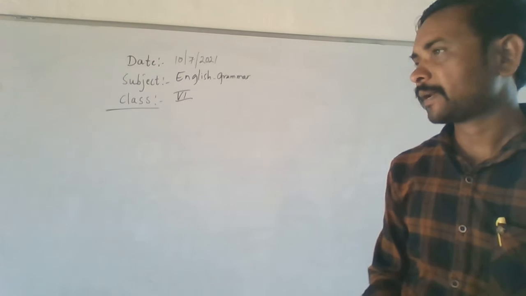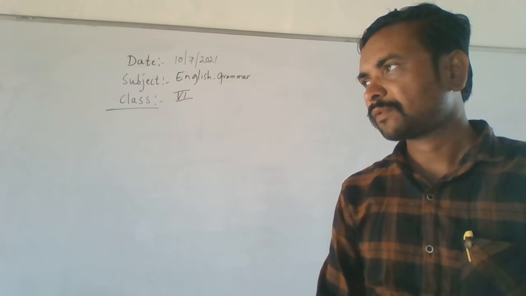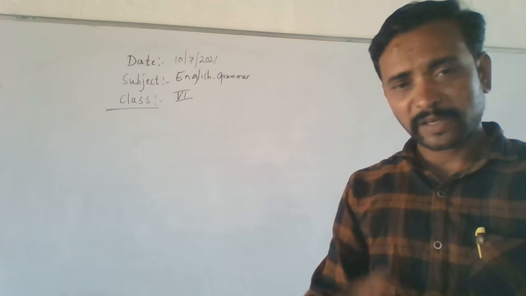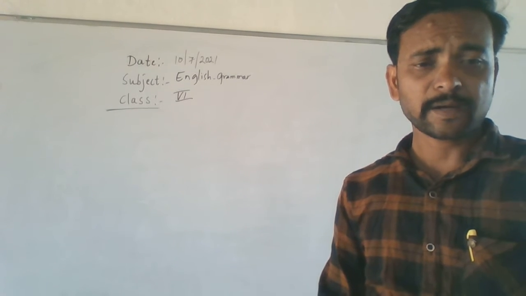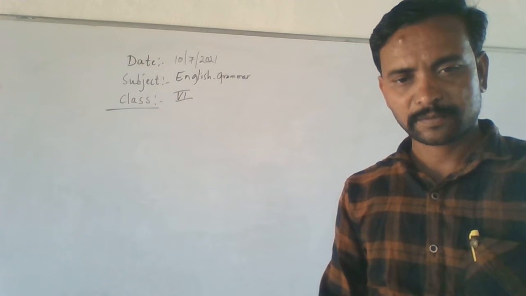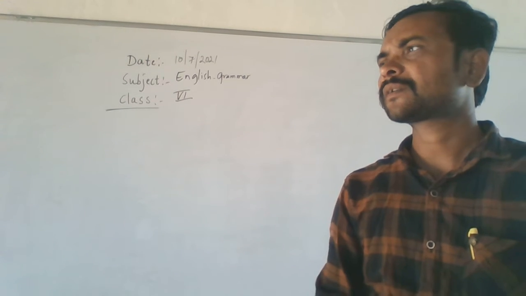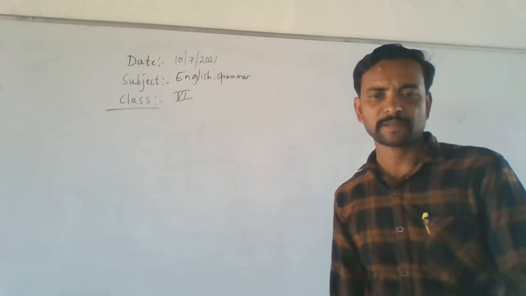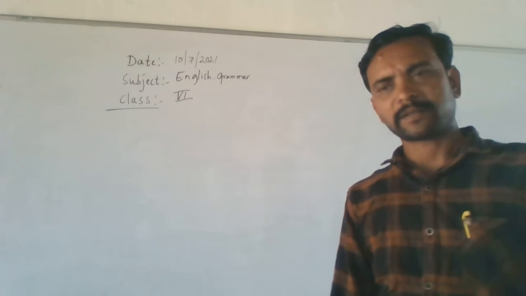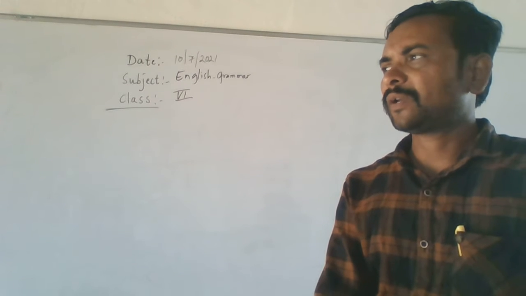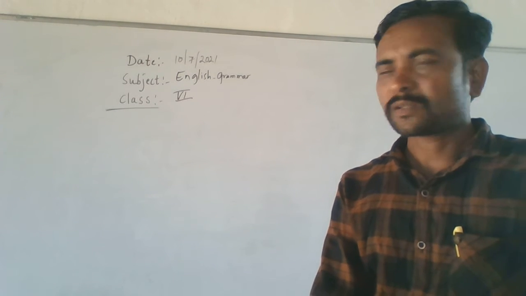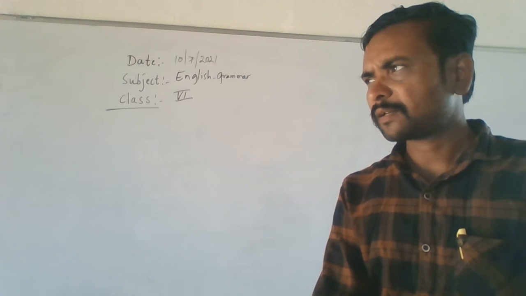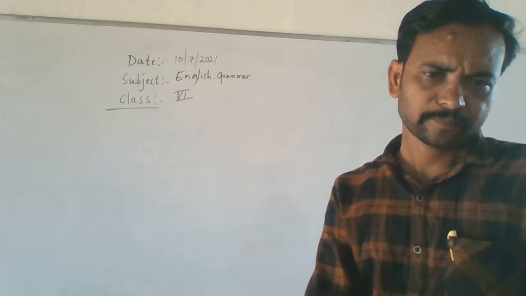Yes, in this class I am going to tell you basic English grammar. So you know that the basics start from alphabets. In English, the basics start from what? Alphabets. How many alphabets are there? Already you learned that. There are 26 alphabets in total. Big letters are there, small letters are there.